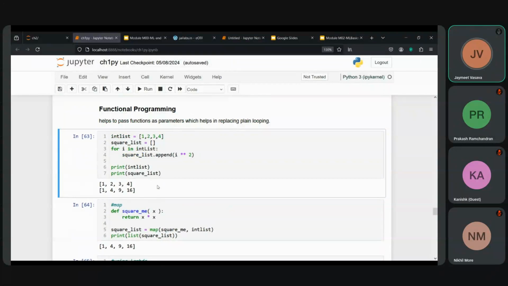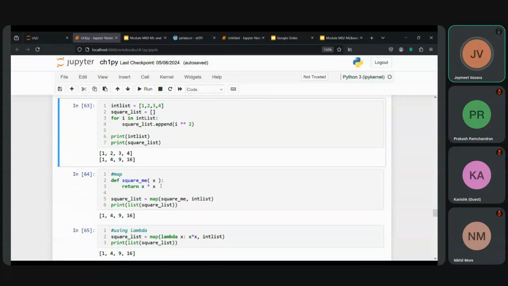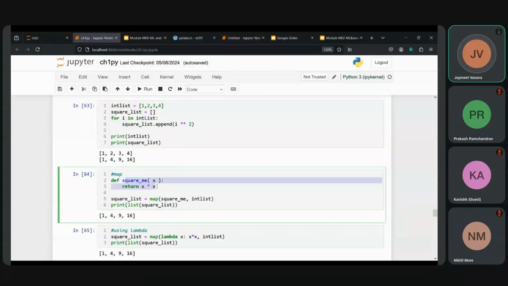Now we can also use a map function, which maps one function onto an iterable. So our int list over here is an iterable, and square me is a function that we have defined, which calculates the square or returns the square. So when we use square list and use a map function